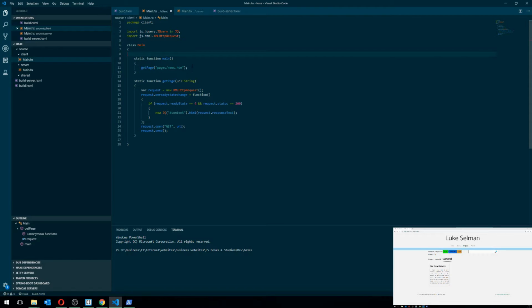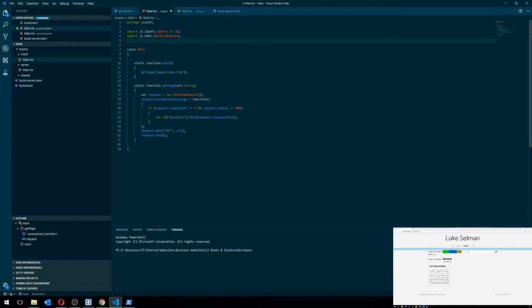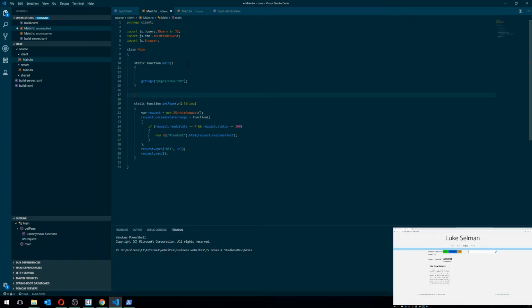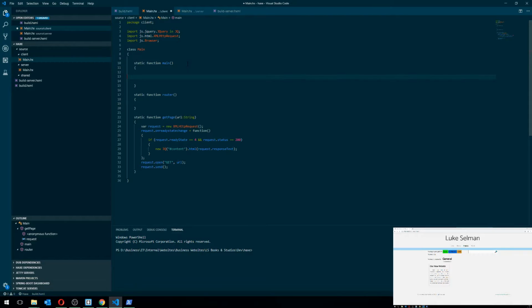So what I'm going to do now is actually implement a router. How do you do that? So what I'm going to do is import js.browser. And in here, I'm going to create, firstly, a new static function. I'm going to call it router. So I'm going to get rid of this. And what I'm going to do is